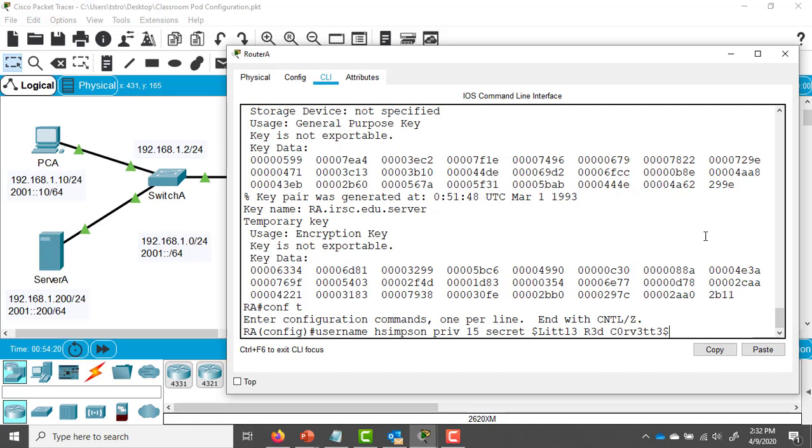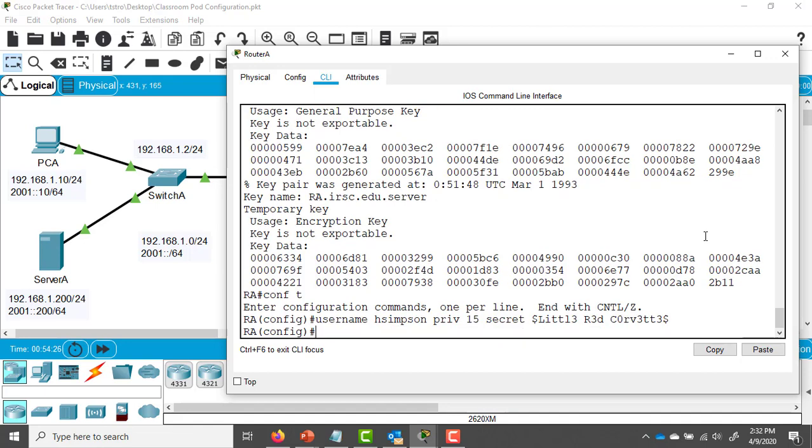There, and make sure you don't get a space after that, because that would become part of the password. All right, and so there's my user account that'll be used when making a secure shell connection for remote management. I've created the certificate and stored it under